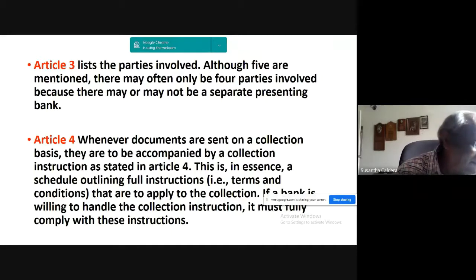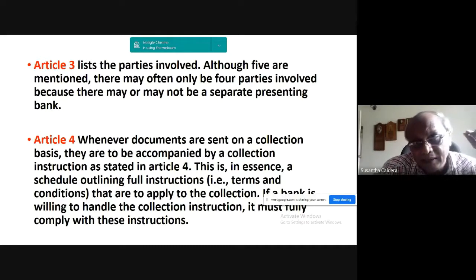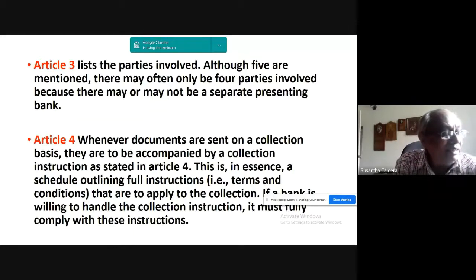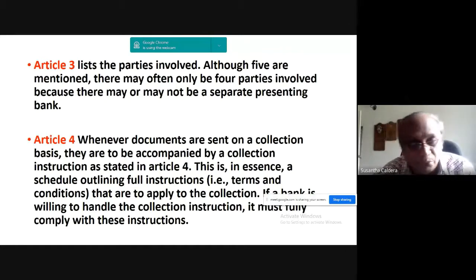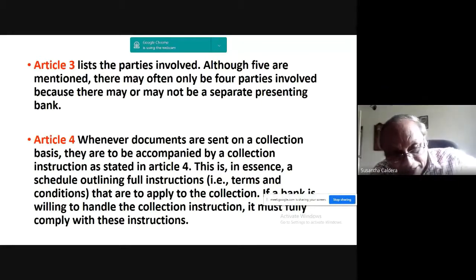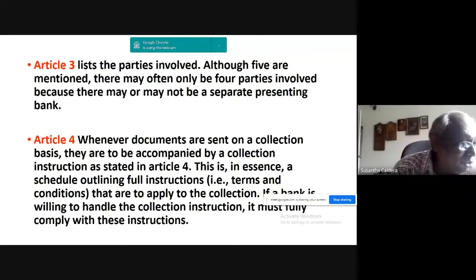Now, if I ask a question, I want you to think. I want you to think more deeply. According to Article 3A,